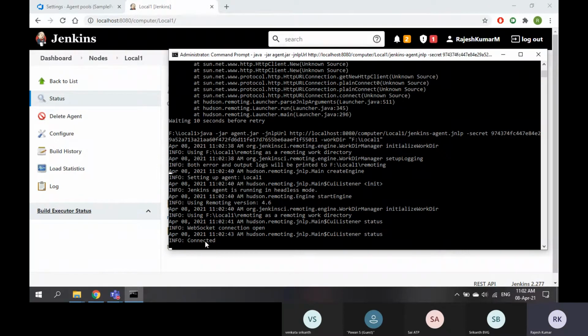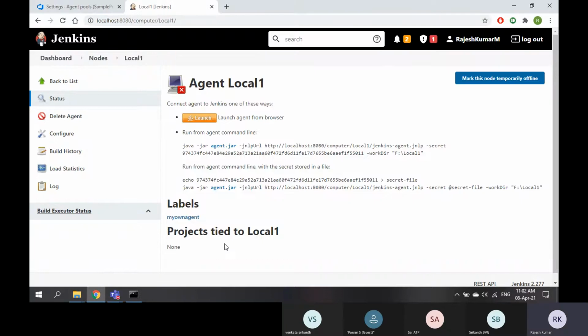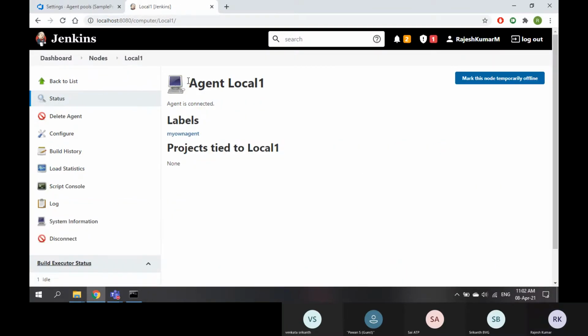Now you can see it's connected. And if I come here, see, the agent is connected. That means it is online.